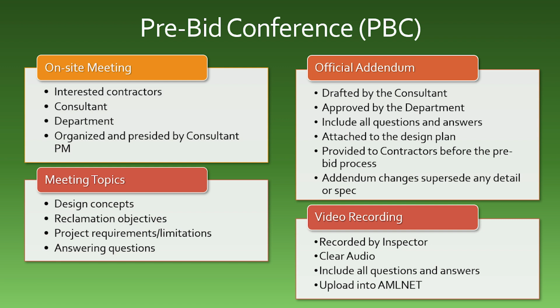If a question is unable to be answered, it will be the consultant's responsibility to take the necessary steps to determine the appropriate answer. The consultant will be responsible for drafting the official addendum for approval by the department. It must include all questions and answers, be attached to the design plan, and provided to the contractors before the start of the bidding process. The consultant will work with the department on any questions with the addendum process. Once the addendum is finalized, any changes made to it will supersede any detail or specification outlined in the original